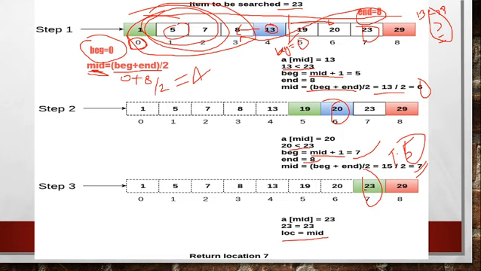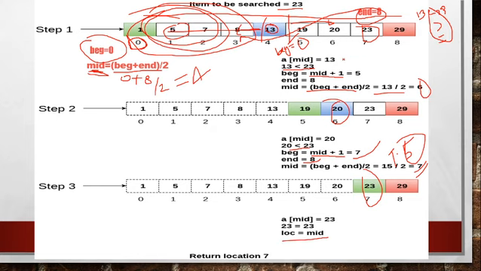Here one thing we can observe: in binary search, we can find all the elements within a few comparisons. How? Because in one step only we can leave half of the array elements by dividing the beginning and end by 2, or by dividing this array into two halves. After dividing this array into two halves, first we will compare whether the number to be searched is equal to that AR mid or not.